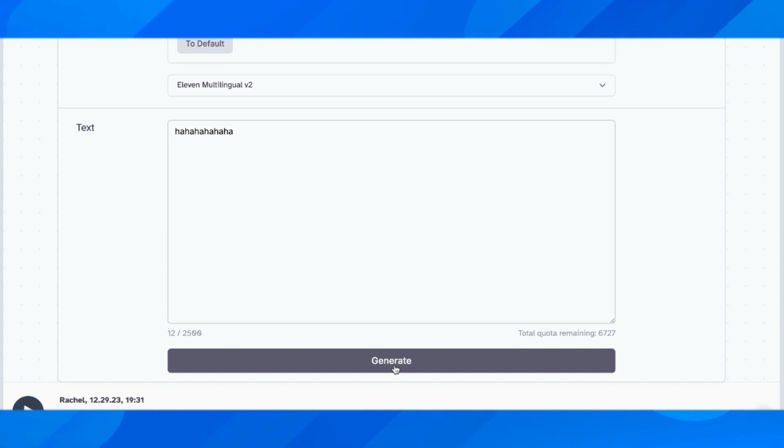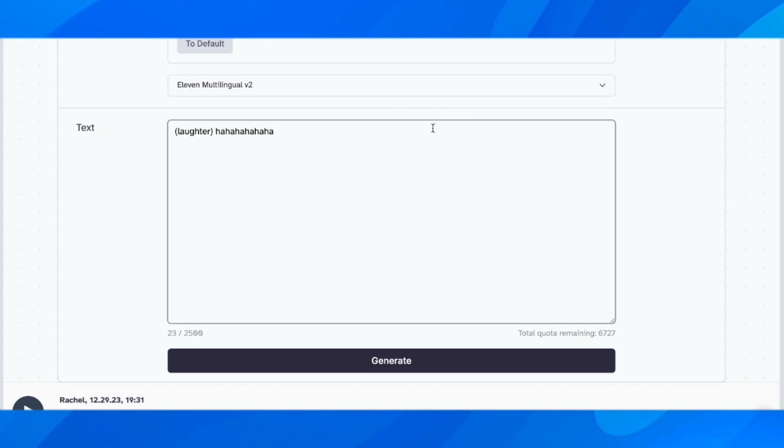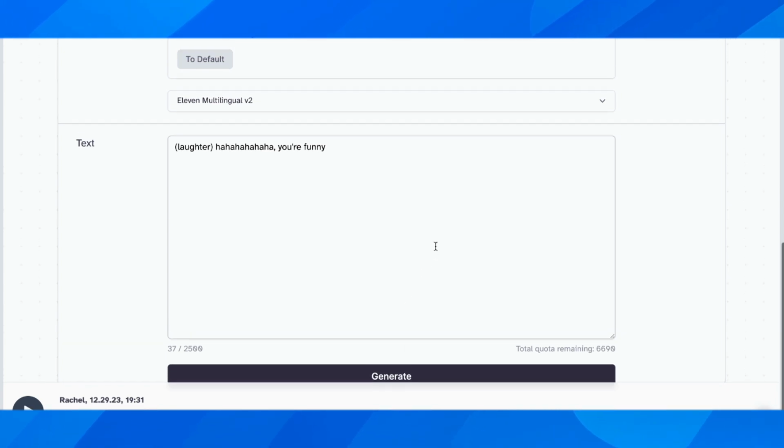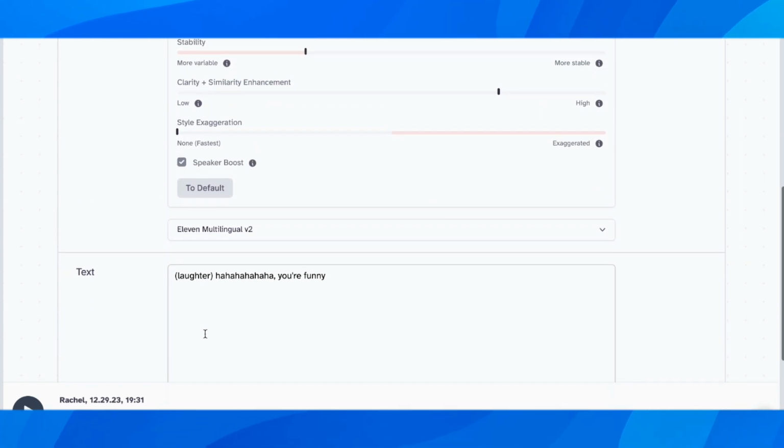As you can see, it sounds really bad. So let's add some more text, and then let's add "you're funny" to show you this example. And then let's generate. Ha ha ha. You're funny. As you can hear, this is the best and the only way to make your AI